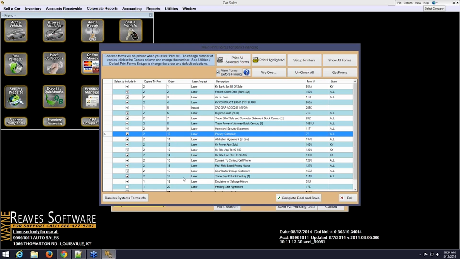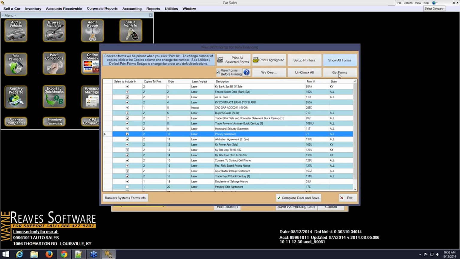all of the selected forms into a single PDF document, which makes it very convenient to package all of these forms together, send them as a PDF document attachment in an email to your customer that's buying your car remotely through something like eBay Motors. If your customer insists you fix something on the car before they'll take delivery, you can do a WEO statement here. And if you need additional forms, because not all the forms you need for this particular dealer is in